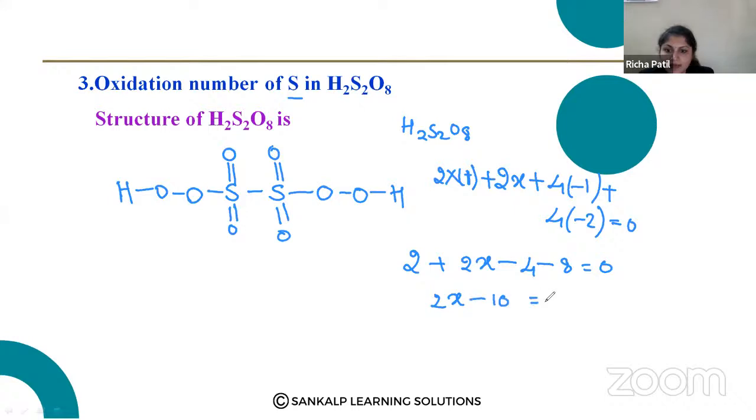minus 10 equals 0. x equals 10 by 2. So it will be what? 5, right? So like this, you have to calculate the oxidation state. So next we'll see